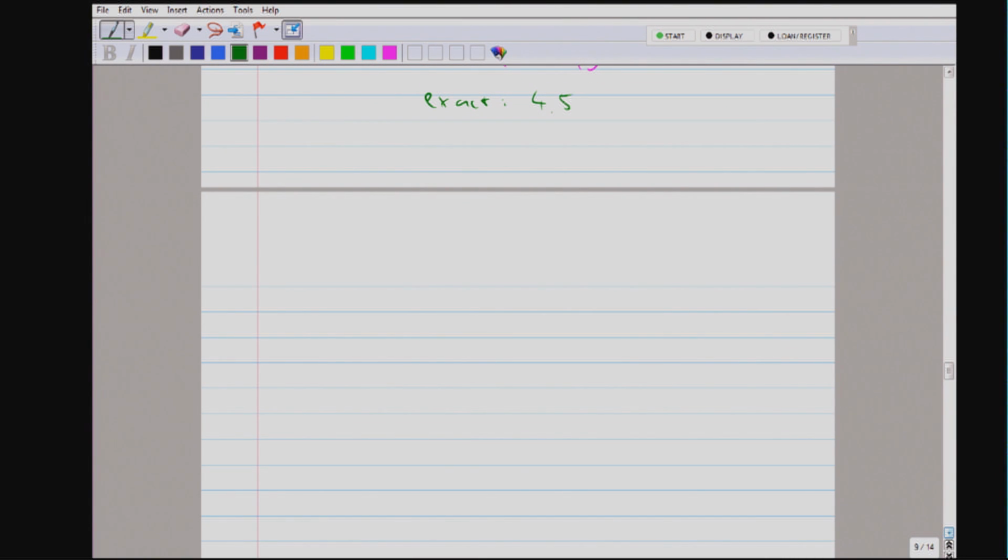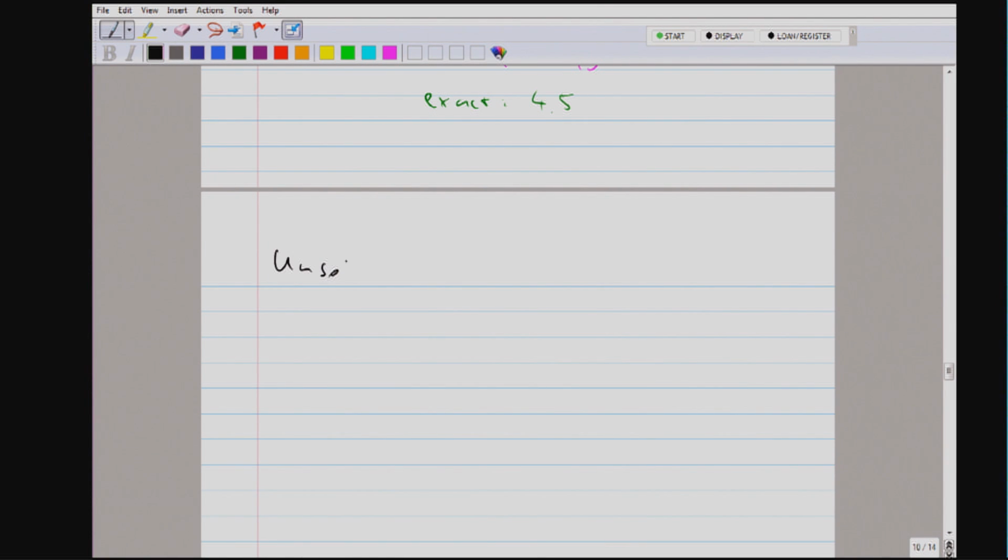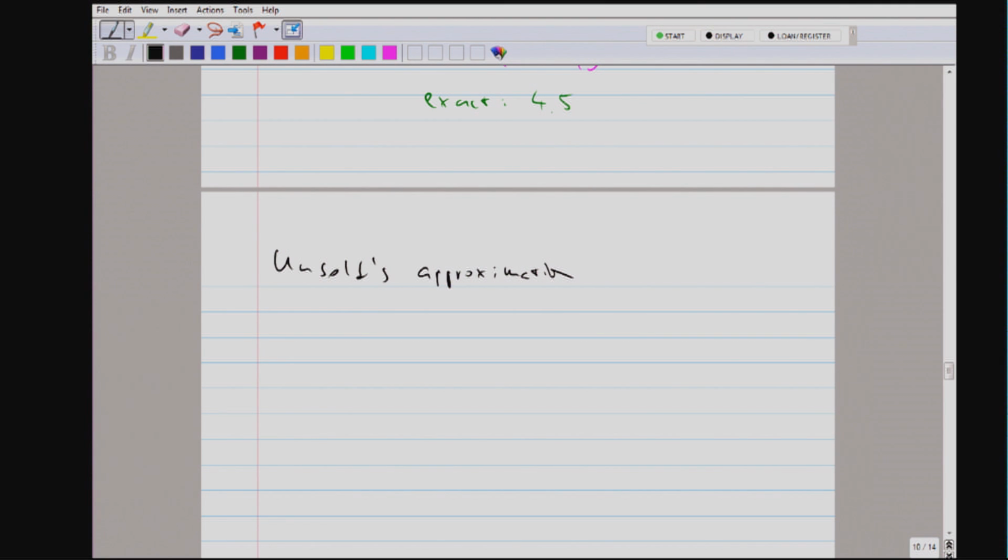Okay. We have only 5 minutes left, but that allows me to show you that this is not a coincidence that we obtain the Bohr radius cubed, which is pretty much the volume of the hydrogen atom. But we can now do an approximation. It's not really relevant, but it has a historic name, Unsold's approximation. It's just nice to show how things work out.